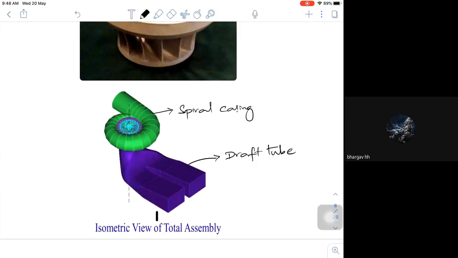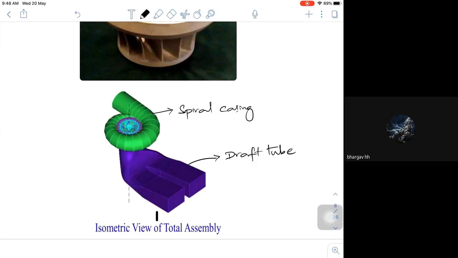So we can have a draft tube. It has to serve the purpose of recovering the velocity, or the kinetic energy. That is the main reason for using a draft tube. When I come to the analysis of the draft tube, I will discuss the different types of draft tube. This draft tube is used to connect the exit of your turbine to your tail race.